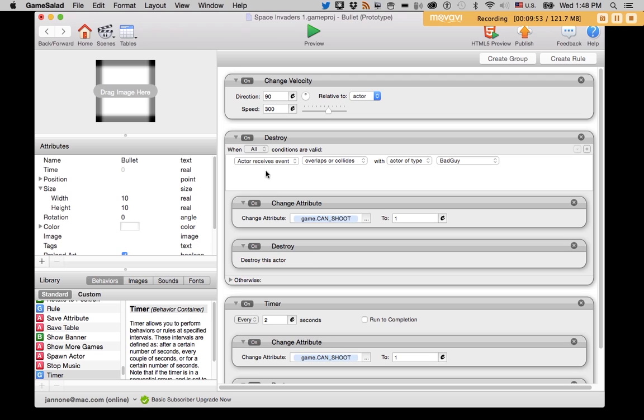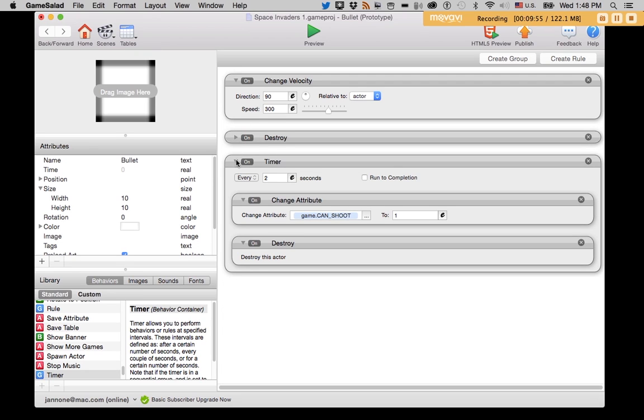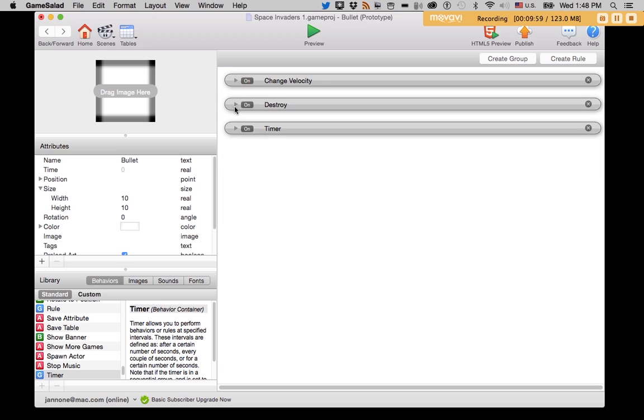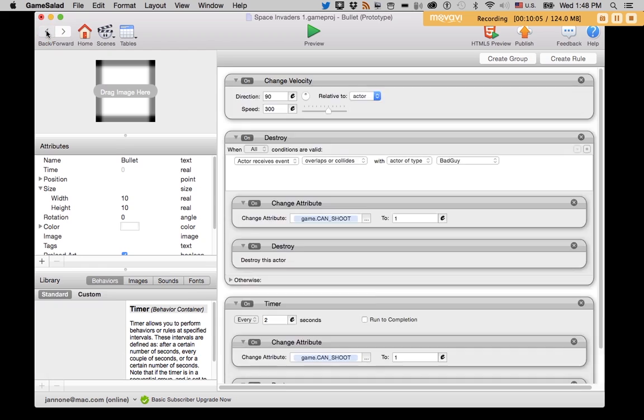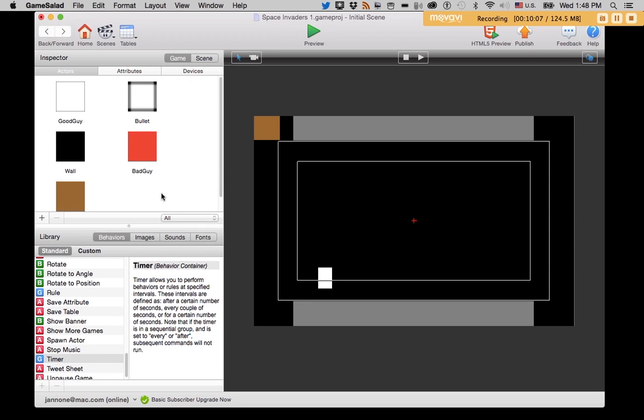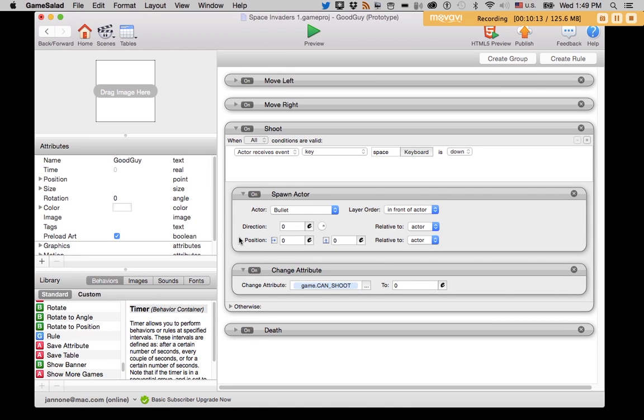Well, we've created the attribute, but we're not actually using the attribute. It's changing can shoot from 0 to 1 and from 1 to 0, but nothing is looking at that attribute to have some real effect in the game. And who needs to look at it? The good guy. Because the good guy is just shooting every time the space key is pressed and totally ignoring